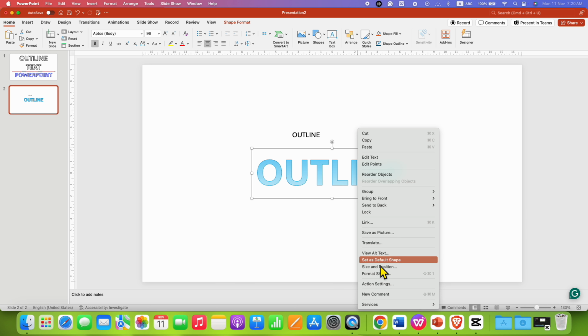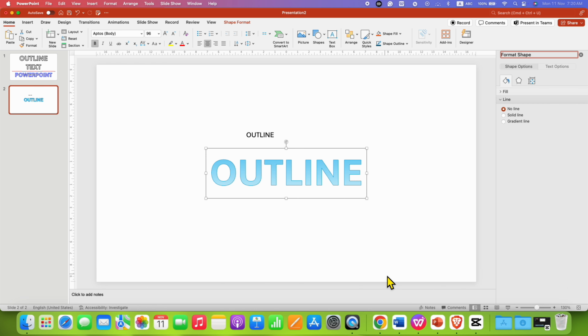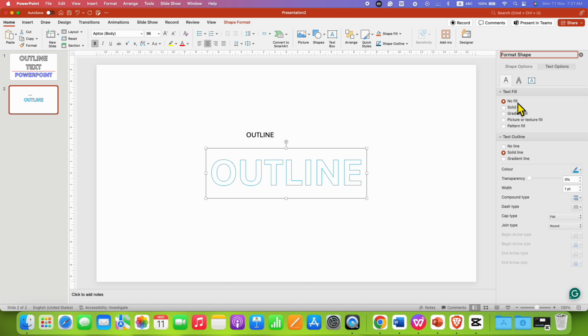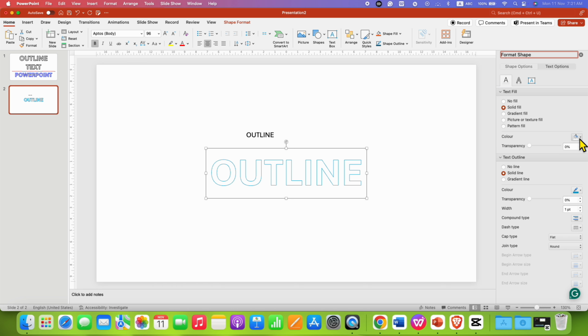Right click and go to Format Shape option. Then click on Text Options. Under the text fill, you can select No Fill. No fill means this will be transparent, or if you want a solid color, white color, you can select the